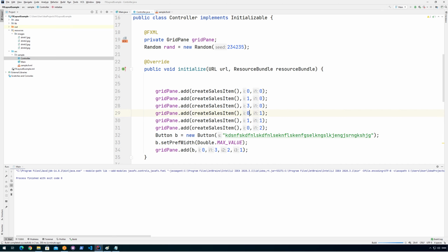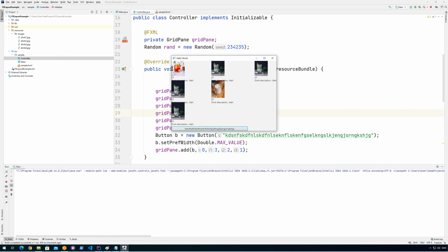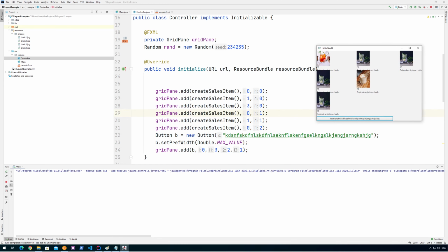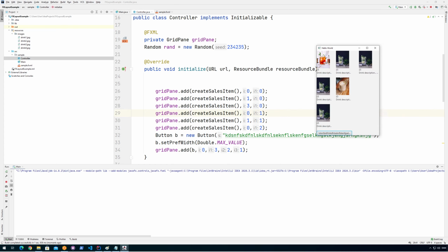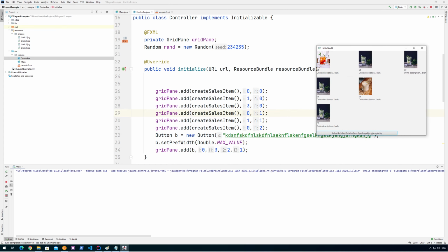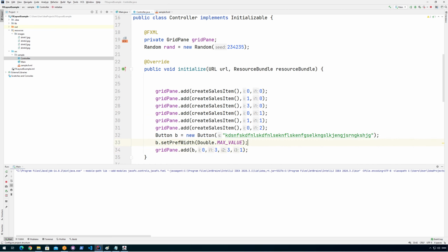So this way, let's see that. So now we have 3 columns and we have 4 rows. What we can see now is that this spans 2 rows and not 3, because it fills out until this row over here. If we wanted to span further into this, we can just say we want it to span 3 rows, reload it,